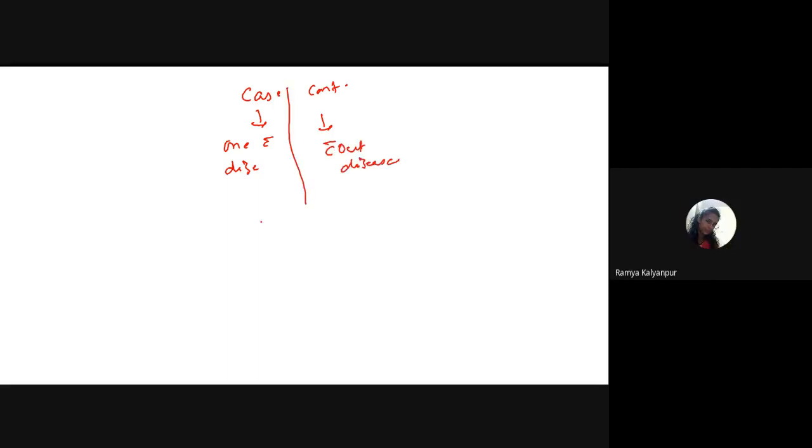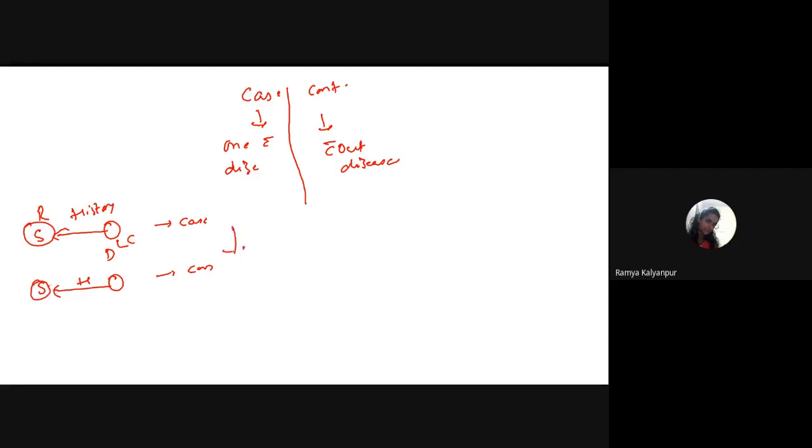Here we already start with the people who have the disease, and then we go back in time and take their history. We ask them, are you a smoker or not? Based on the history, we can correlate whether this particular risk factor is a causative agent for lung cancer or not. So two groups will be there: one is the case group, another is the control group. The control group are those without disease, but we still take the history related to the relevant risk factor.